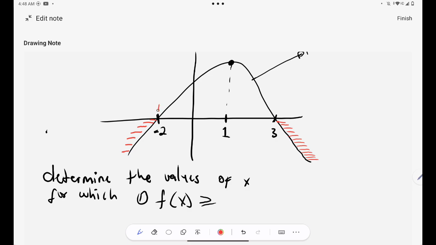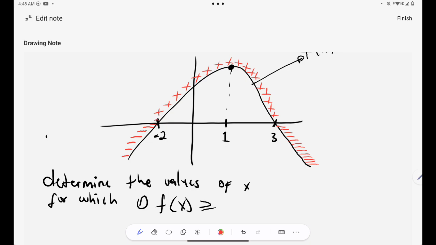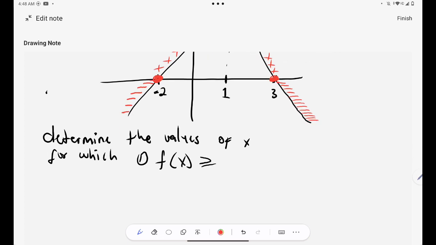But whenever my graph is above the x-axis, I know that my graph is positive. Together, and then at the x-intercept, my graph is equal to 0. Right, together. So to answer this question, I'm asked for which values of x,